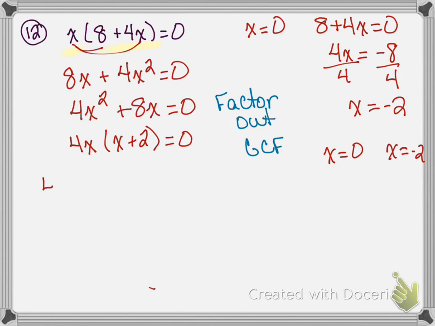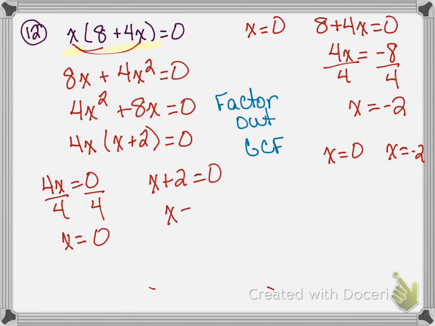So I have 4x equals 0, so I divide both sides by 4, and I have x equals 0. Then I have x plus 2 equals 0, so x equals negative 2. Either way is correct. This is 100% correct, and this is 100% correct. You're good either way. What if you accidentally didn't put the